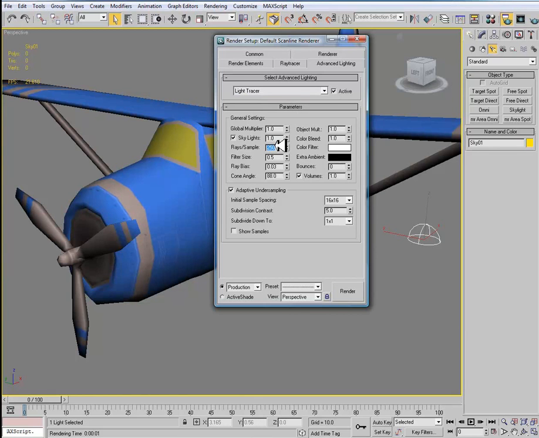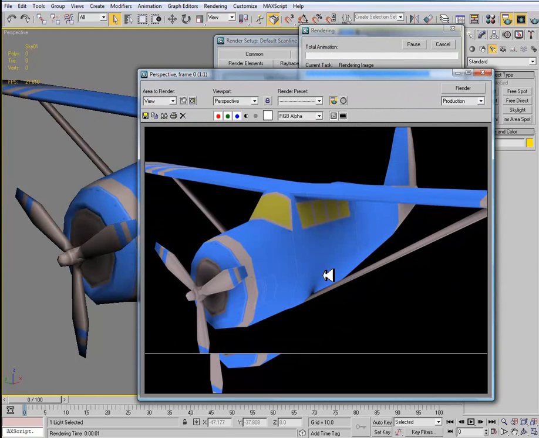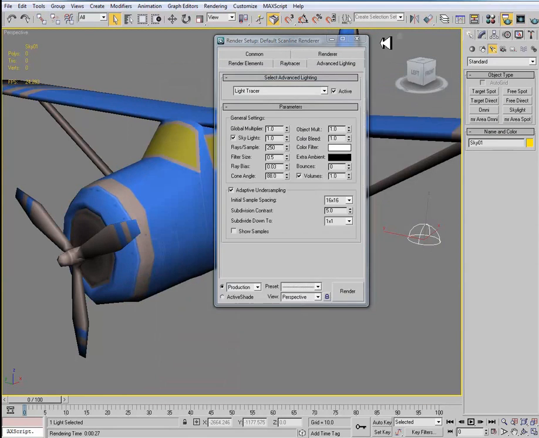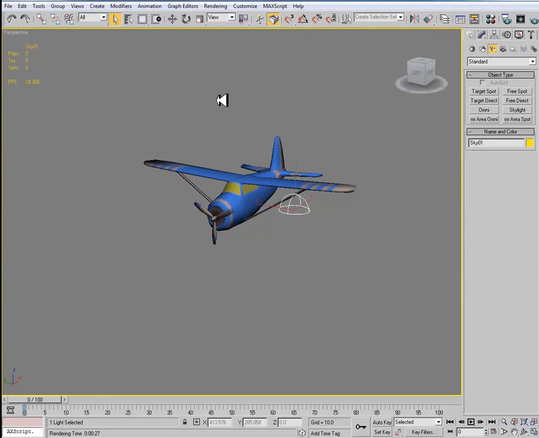For our purposes, we're just going to keep these settings as default, because of render time. So once I've activated the light tracer, and it says active, this works for us. The one thing I try to watch for though is that the bottom of the plane itself tends to get bright. The reason is that the way the skylight works is basically it's creating a dome around the entire object and shooting rays in towards the plane. So a way of